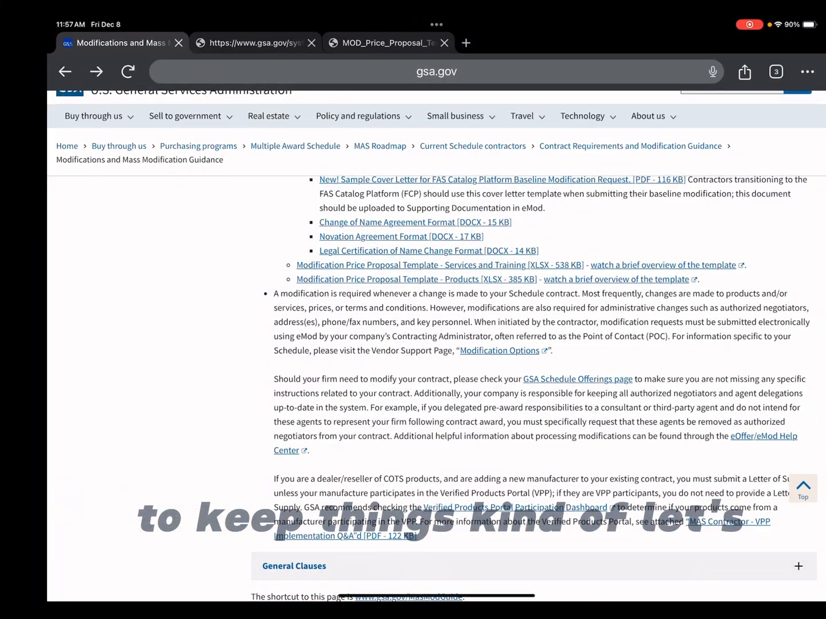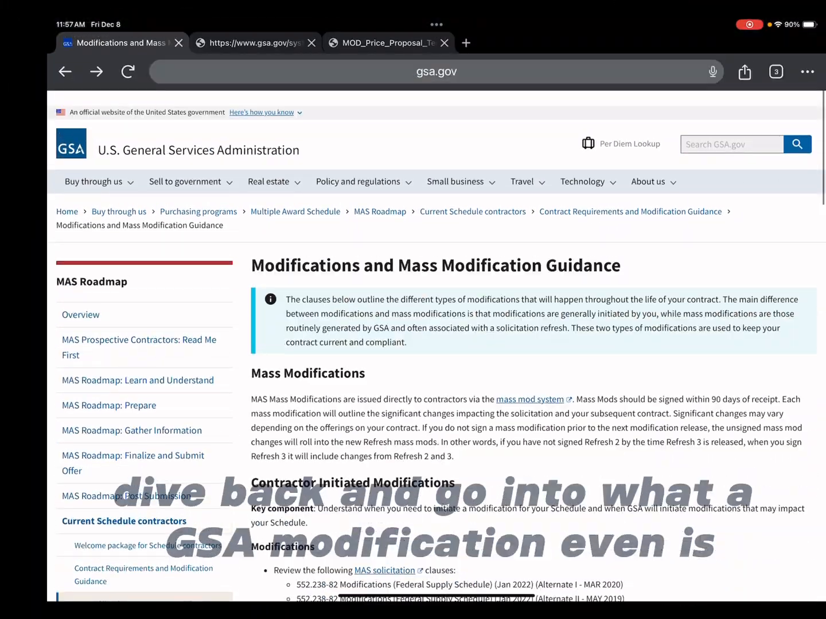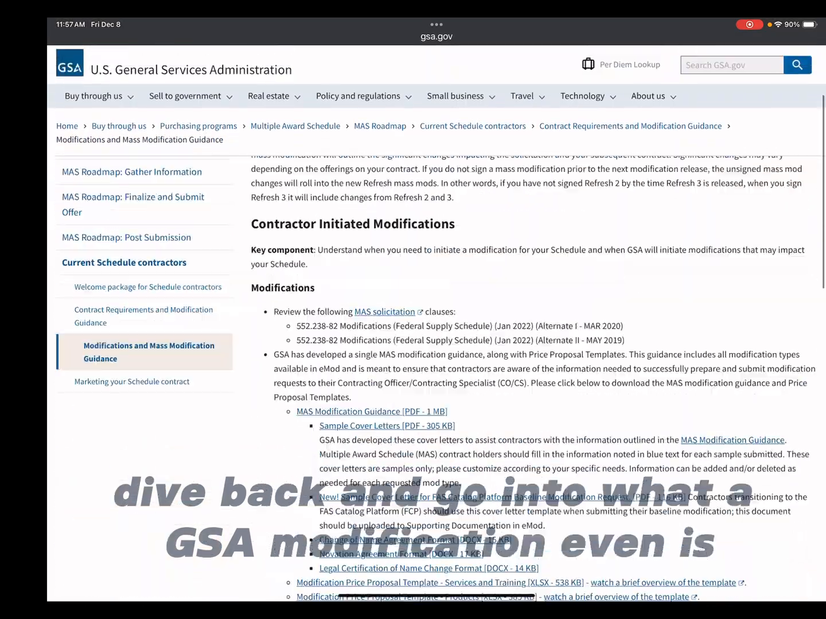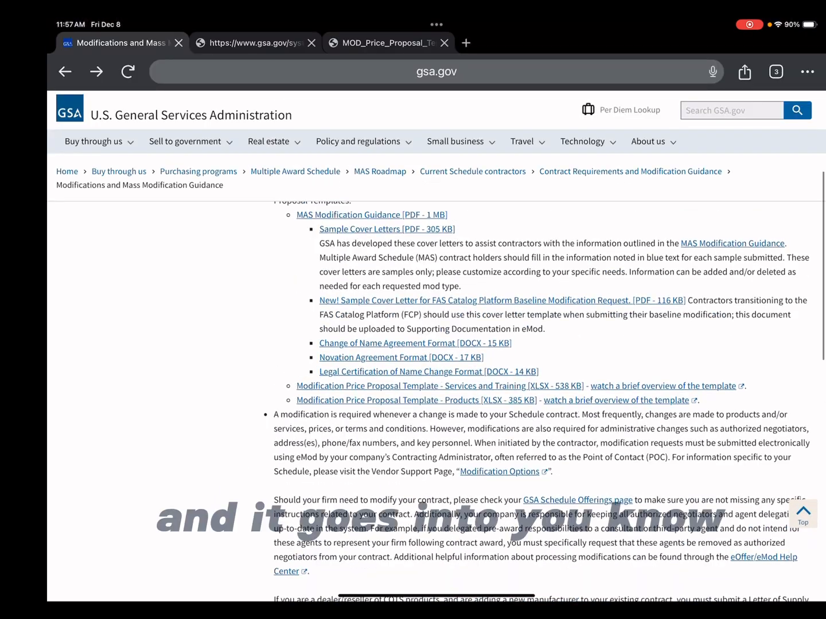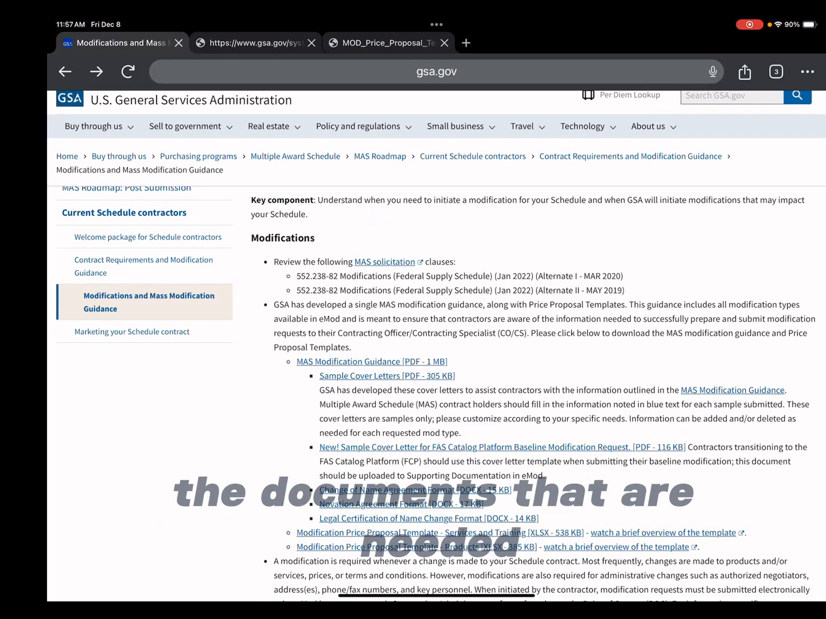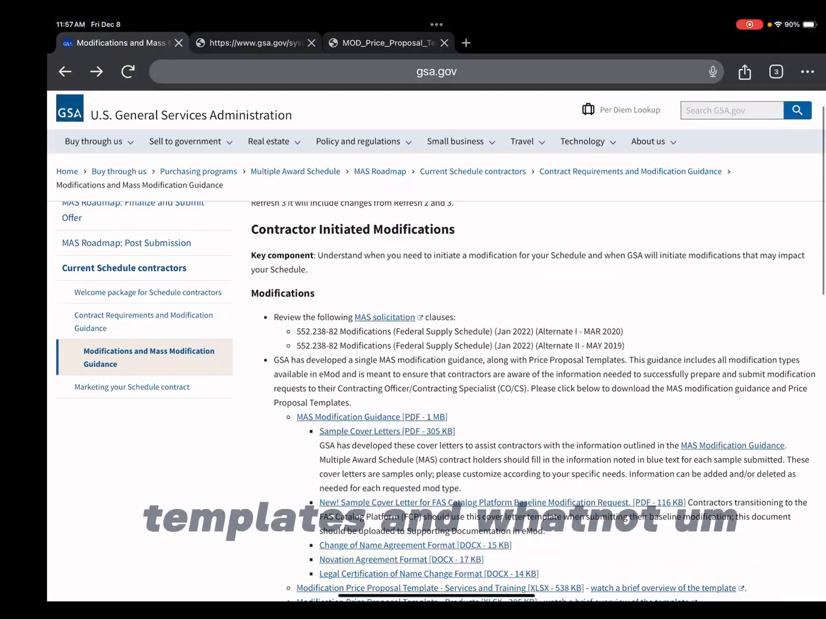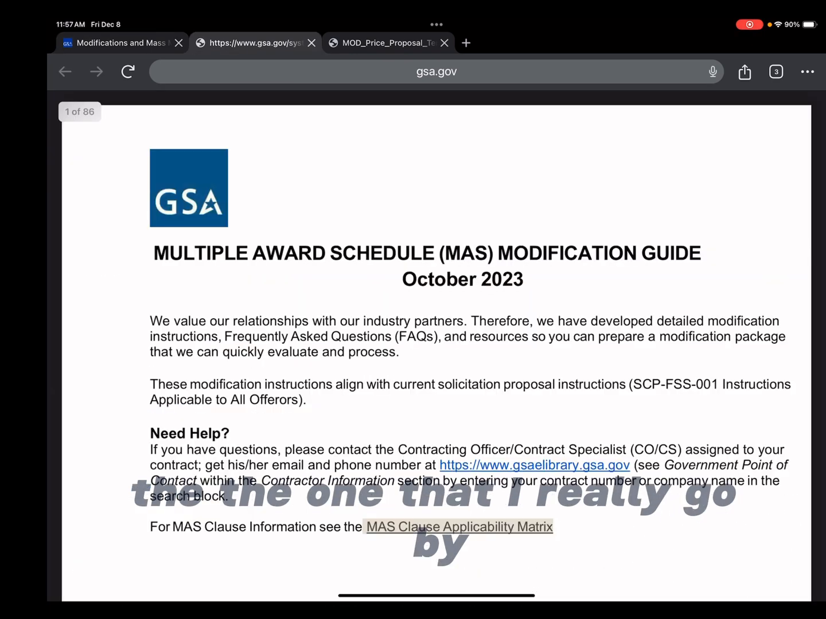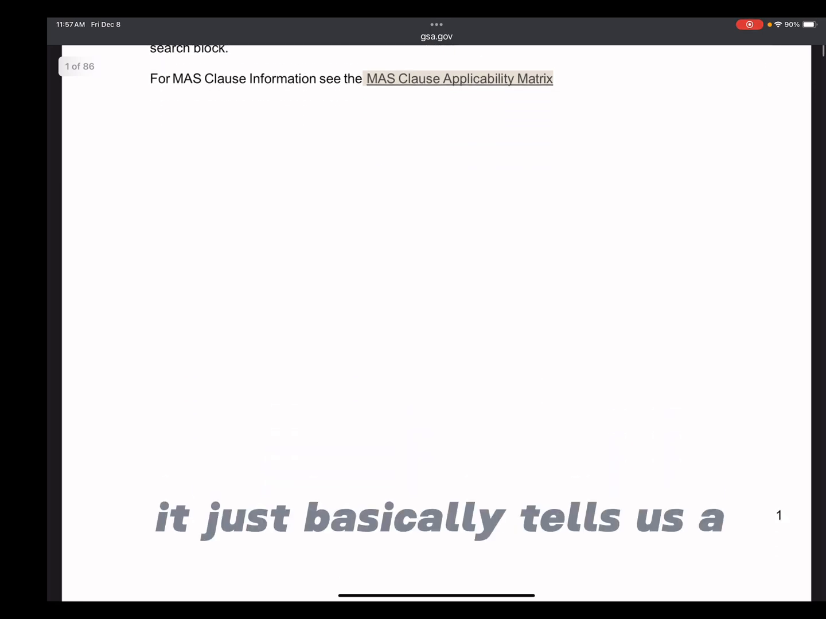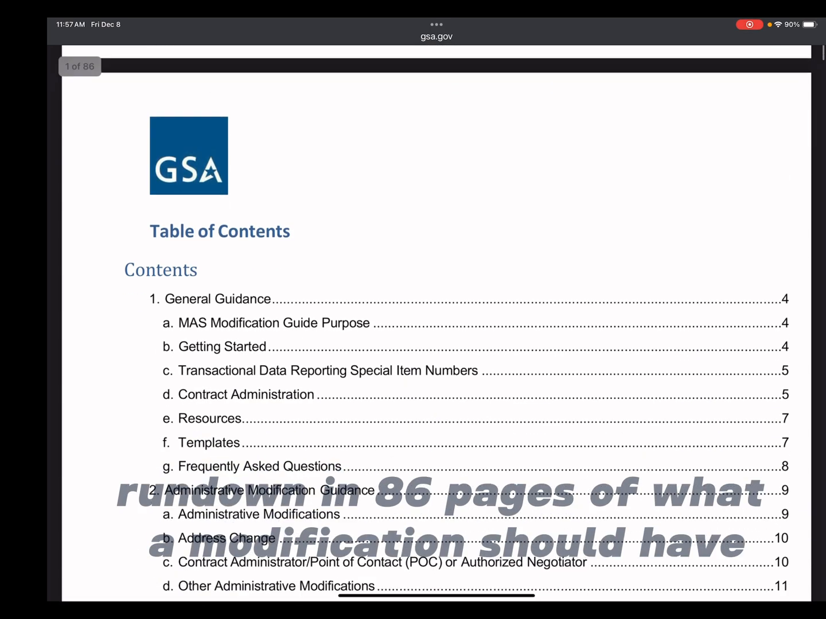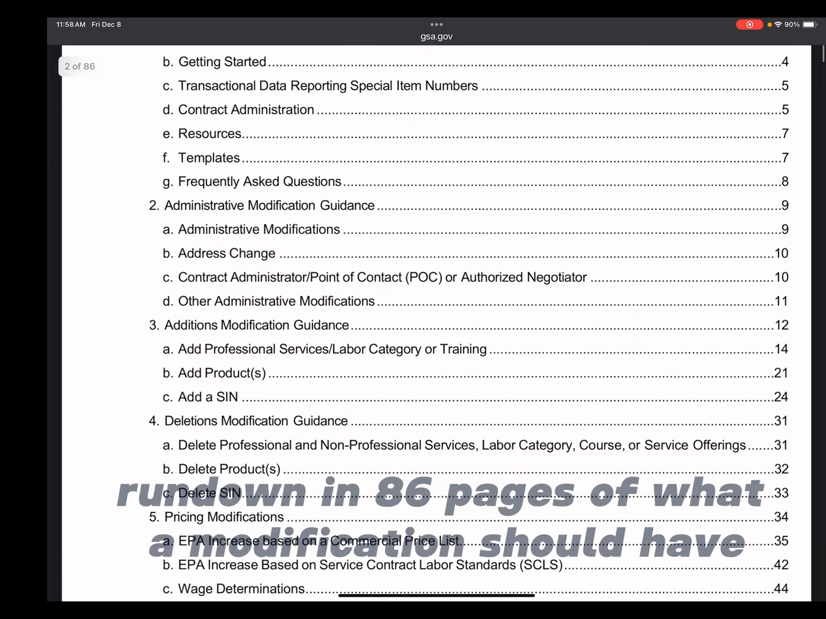Let's take a little dive back and go into what a GSA modification even is. So this is the GSA's guidance page on modifications, and it goes into a lot of the documents that are needed. These are required documents, templates, and whatnot. The one that I really go by, this is the North Star for GSA consultants. It just basically tells us a rundown in 86 pages of what a modification should have,